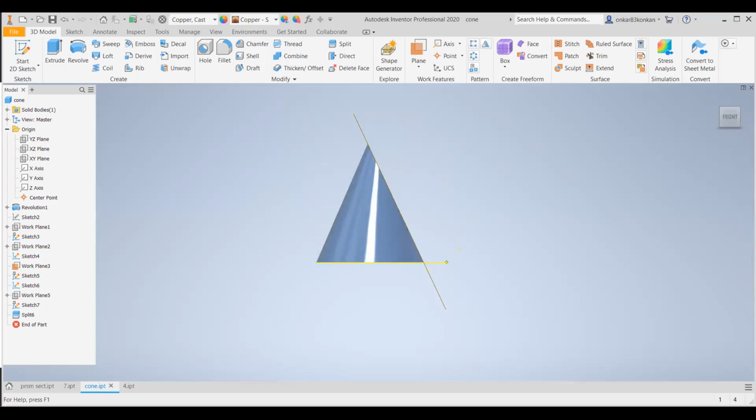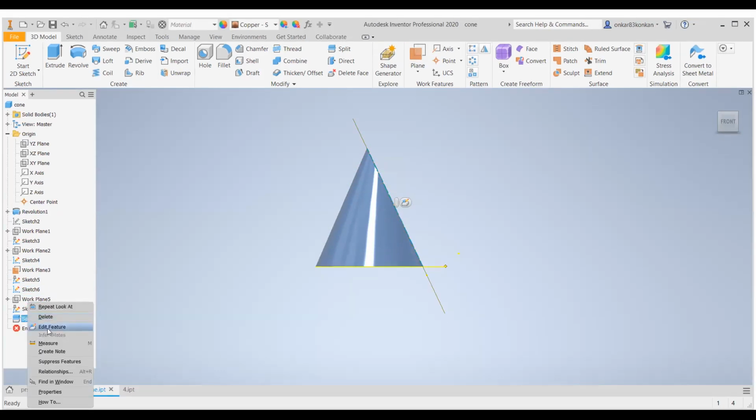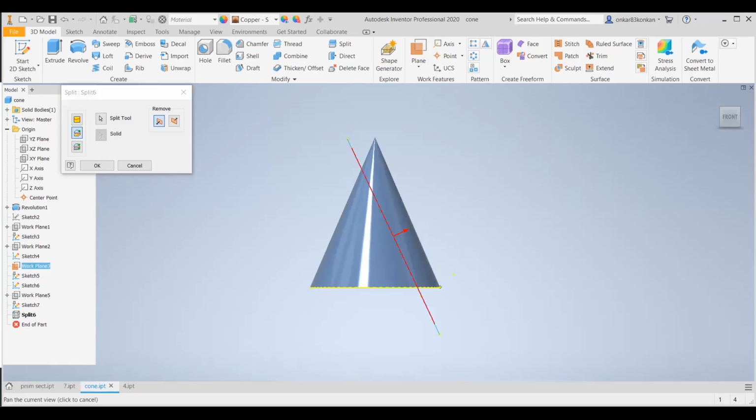I think in assignment number 4, I have given one problem on the cone where you should get the true shape as a parabola. So you have to select the proper position of the section plane. This is the position of that section plane. You can take the screenshot and then you can complete that problem.